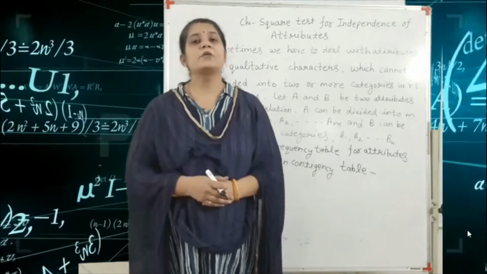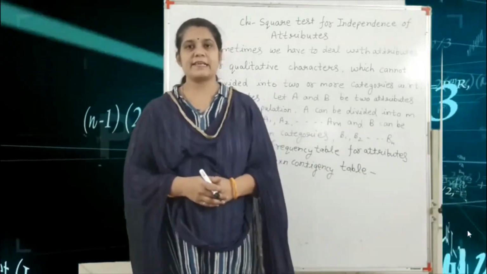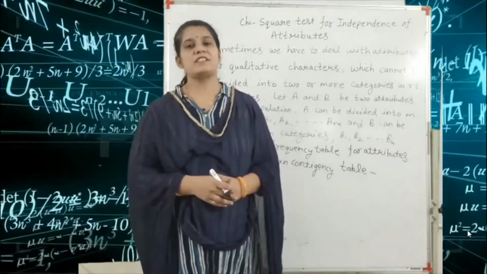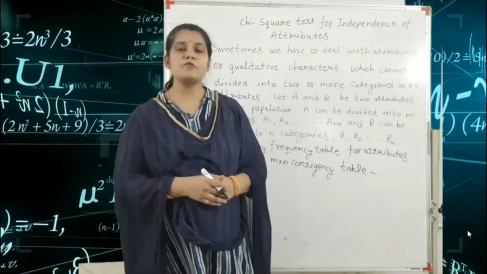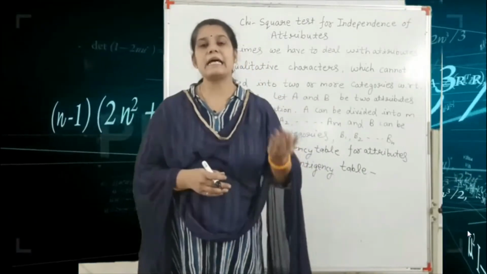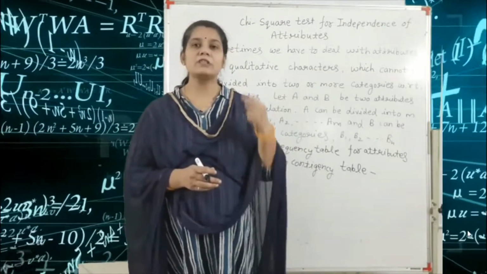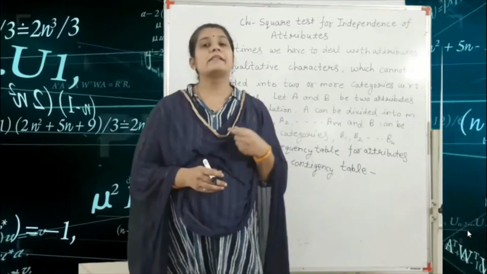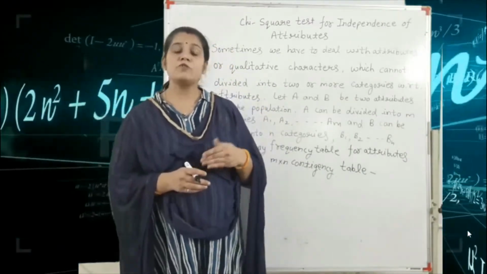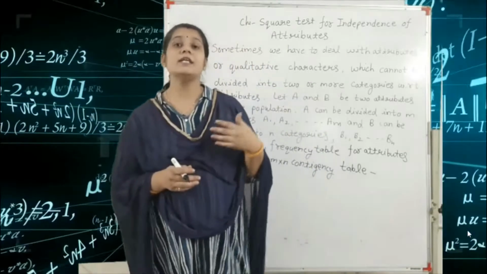Good morning everyone. Today I am going to take a lecture on probability and statistics, chapter 4, applied statistics, and the topic is hypothesis. We have already seen in our previous lecture that the question depends on large samples and small samples. In small samples we have three types of methods: the t-student test, the F test, and the chi-square test. We have already seen the t-student test is always used for the mean.